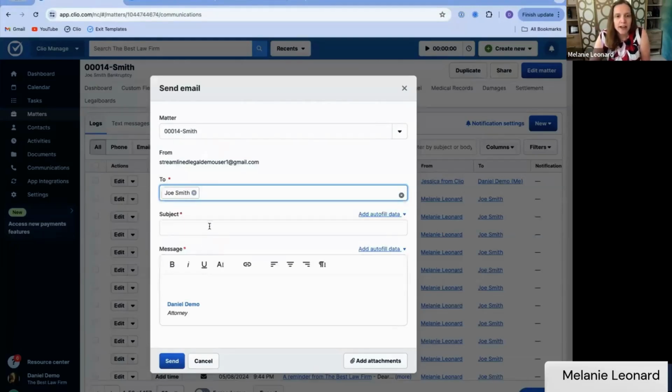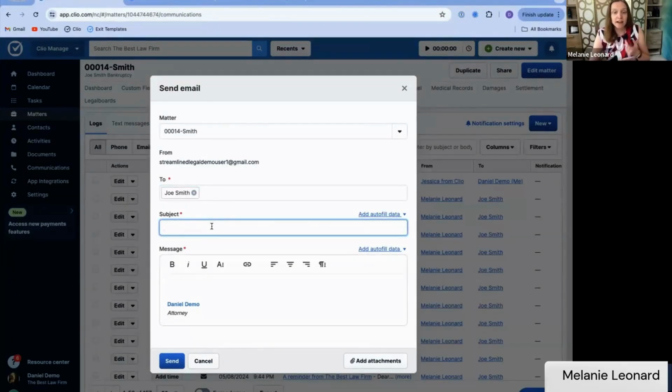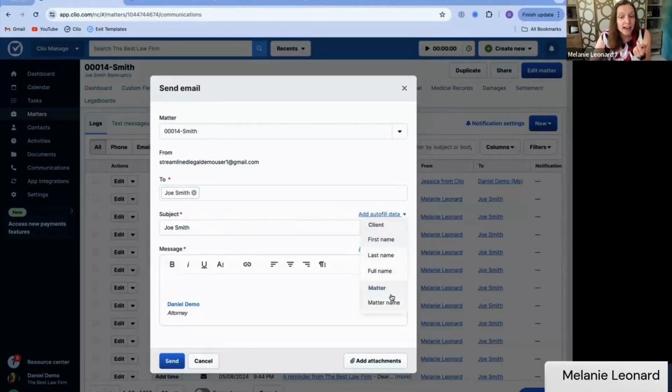So I can go ahead, and I'll need to put in a subject. By the way, some of the things that will make this easier for you, we've got this add autofill data, okay? And you'll see we've got some options of things that we can use. So for example, if I want to reference the client, I can click on the client's full name right here and it'll feed it right into my subject, right? Or if I want to reference the matter, I can go ahead and put the matter